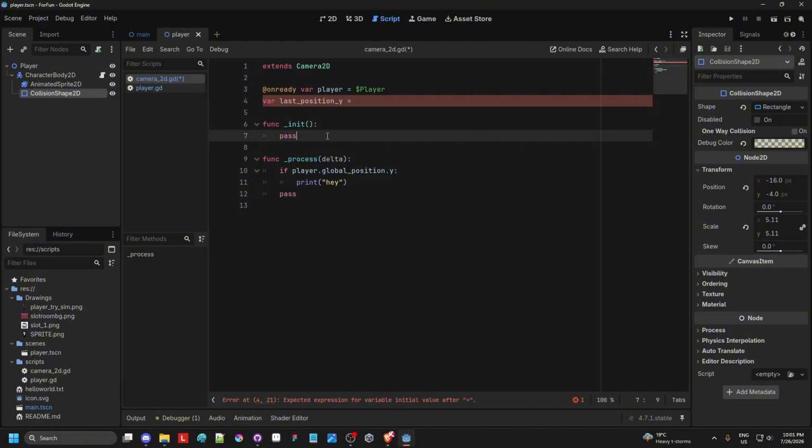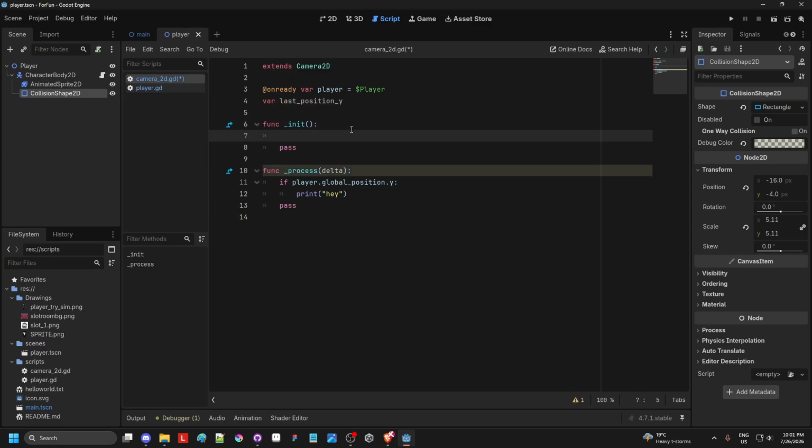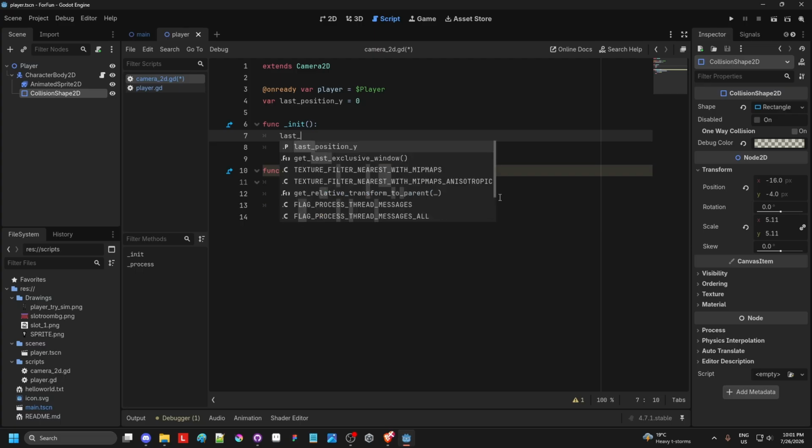Okay, so this function will happen when the game starts. Let's set this to 0 for now. When the game starts, then we will say